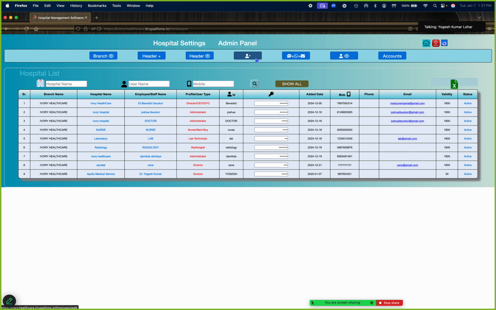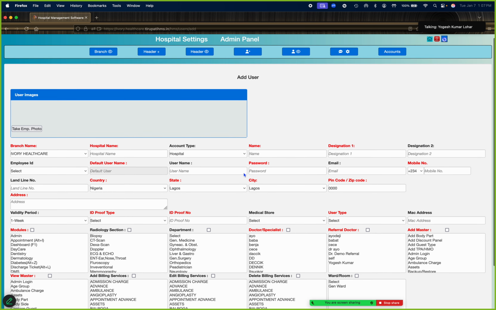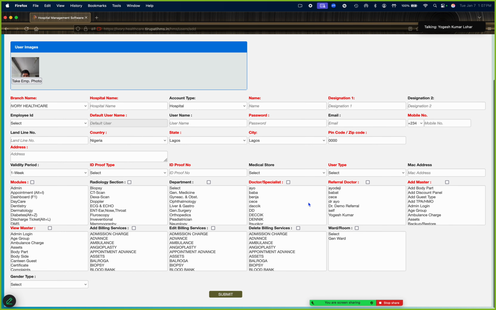Now, when we want to create any referral doctor login credential, we go here, add account, and allow the respective user to see a certain kind of patient detail. Here we have five to six doctor referral accounts, and they can see them here.